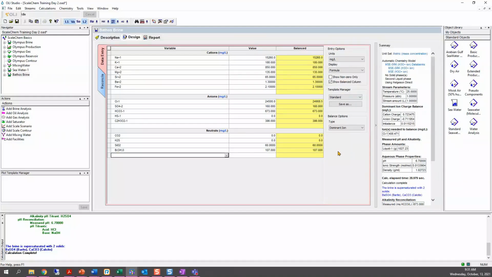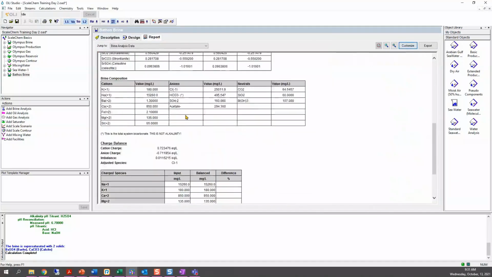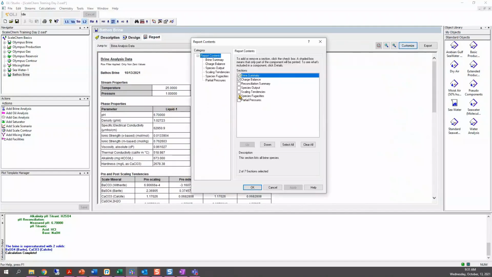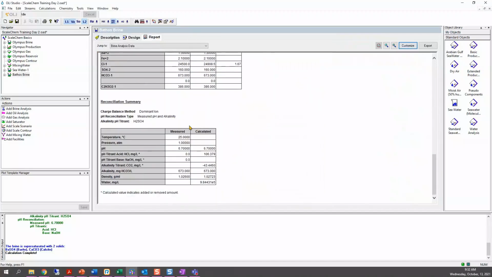Okay. So that is one. Again, you can always bring more information. This is what we showed you here, but if you want, I don't know, not fugacities, but how much for the reconciliation for alkalinity, what did the software do, right? In here you can see how much of the CO2 was added and all of those things for the reconciliation summary as well.